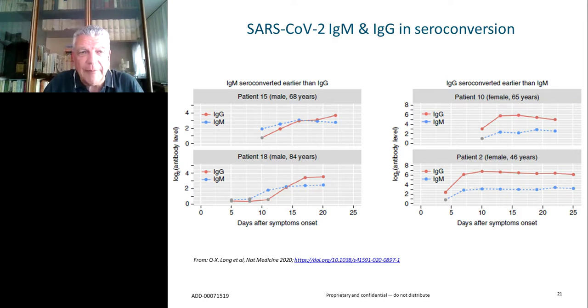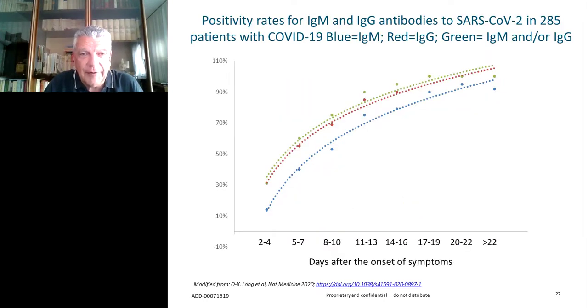If you wish to have a more comprehensive picture, we may revert to this kind of evidence that has been generated on quite a huge cohort of patients. This is the IgM line that raises over time and peaks at about 90% after 3 weeks. The IgG line peaks around 100% at the same time. And if you add the IgG to the IgM response, actually the gain is minimal, if any. So you attain the same level of sensitivity.